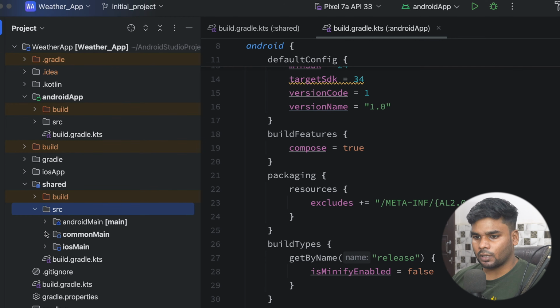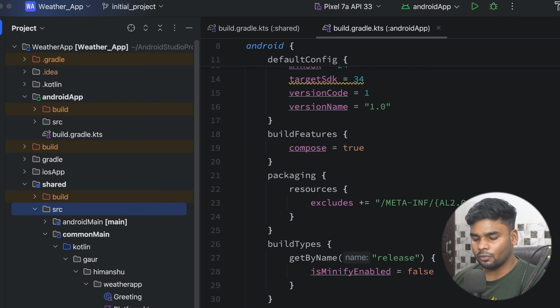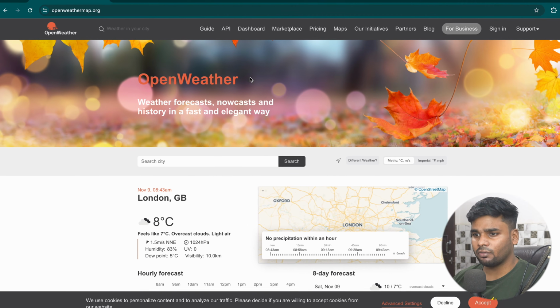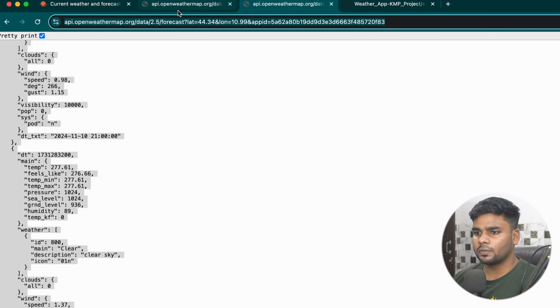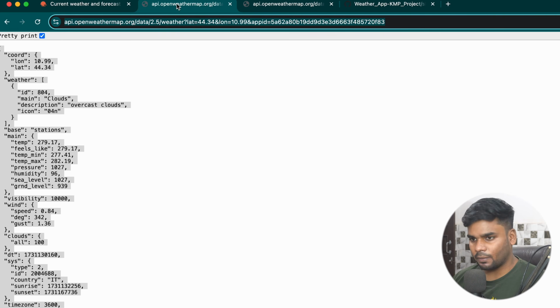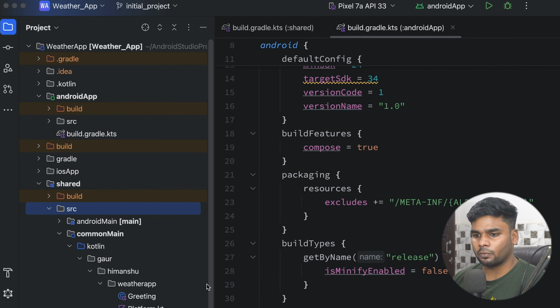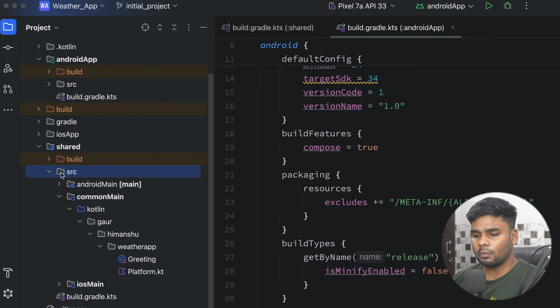First thing first, I'm gonna show you the API that we will consume throughout this project. So this is our website, openweathermap.org. First create an API key for yourself, and after that we will consume these two APIs. This first API is used to get the current weather information based on the latitude and longitude. So I'm gonna copy this response,